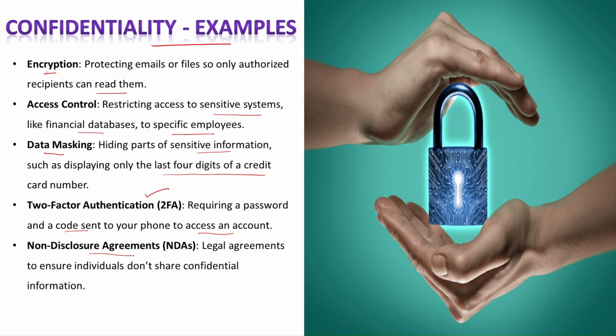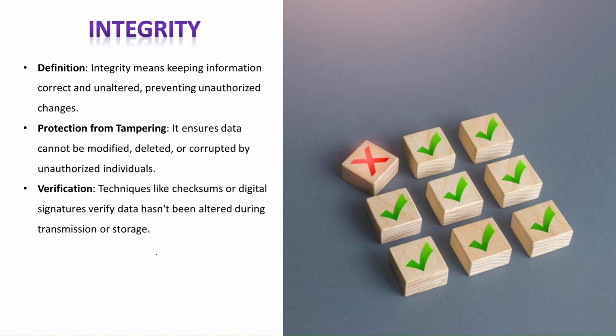And non-disclosure agreements, that is NDAs. These are legal agreements to ensure individuals don't share confidential information. They bind the employees of an organization against disclosing or exposing the sensitive information of the organization where they are employed. The next pillar of the CIA triad is integrity, which is